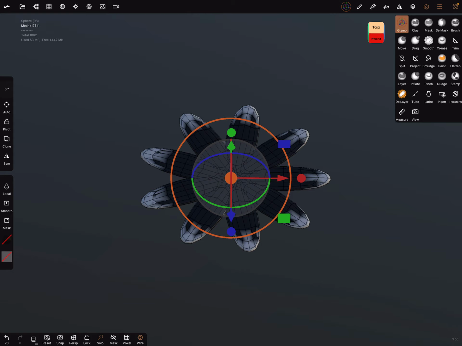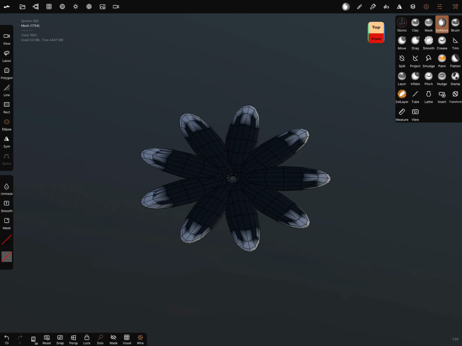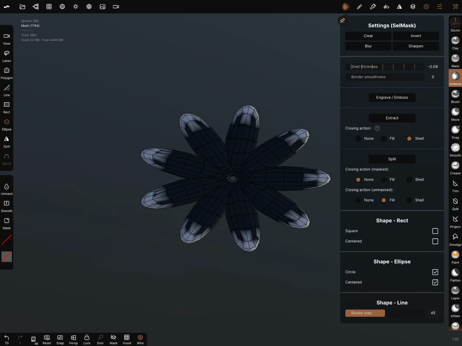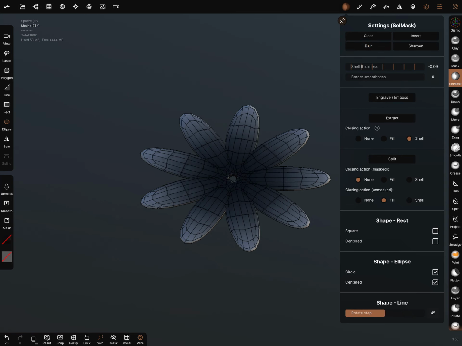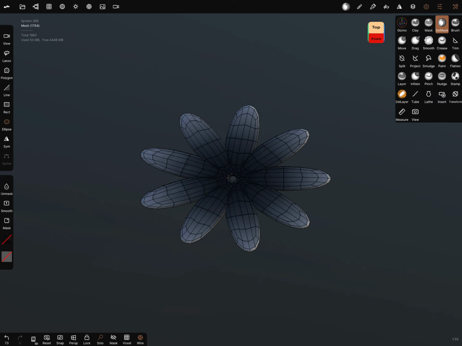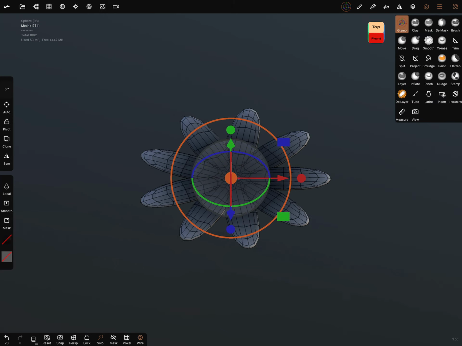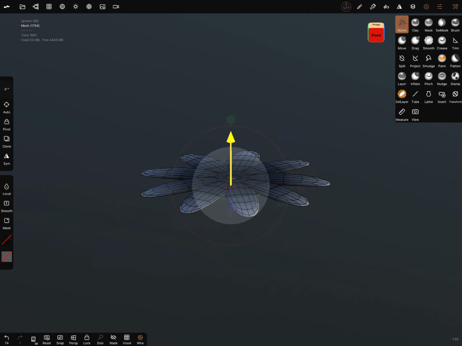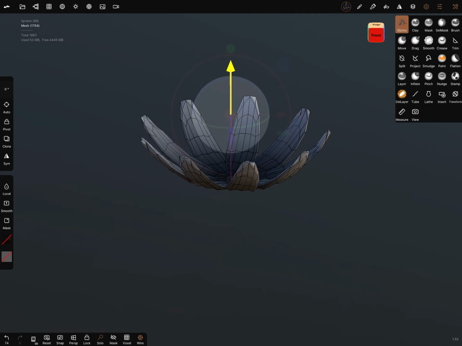We can go back to the selection mask, select the mask menu, and blur it a few times and test it. Go to the gizmo, and now you can bend the flower.